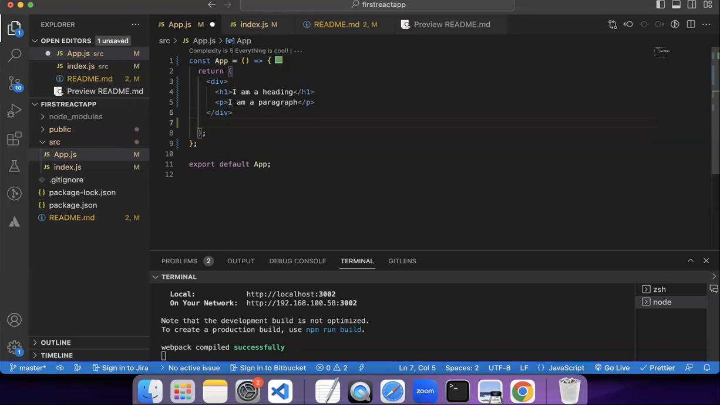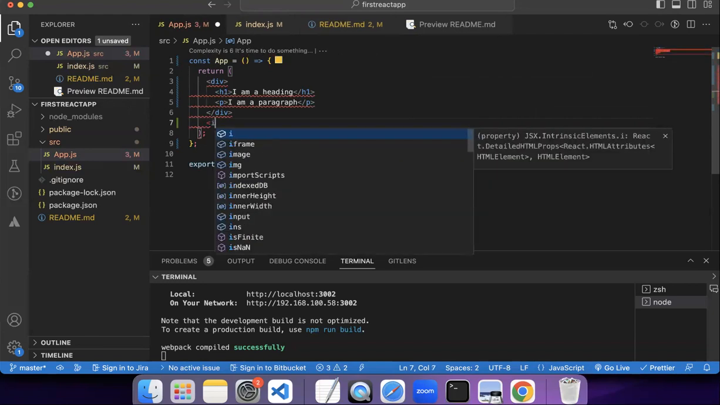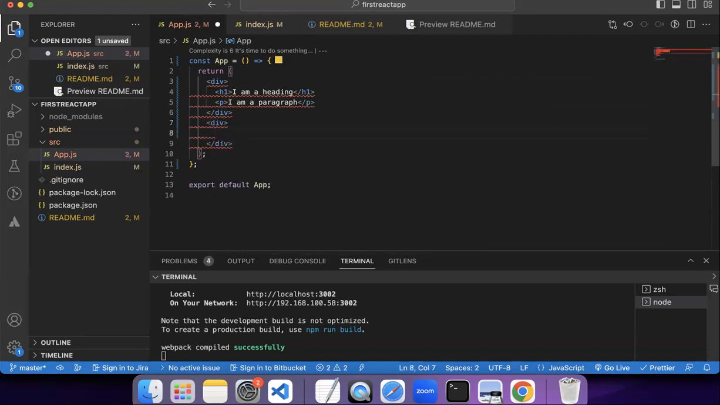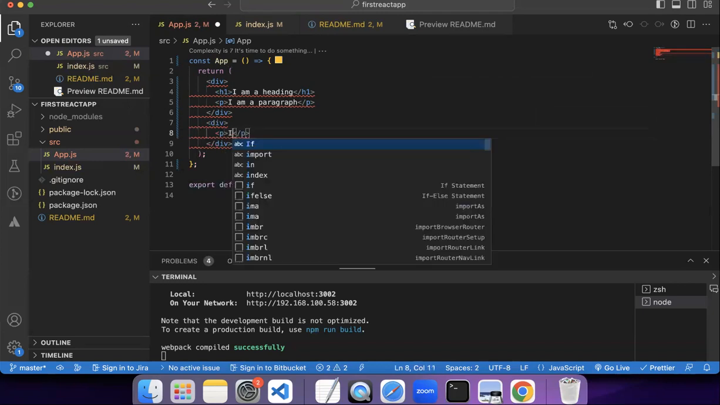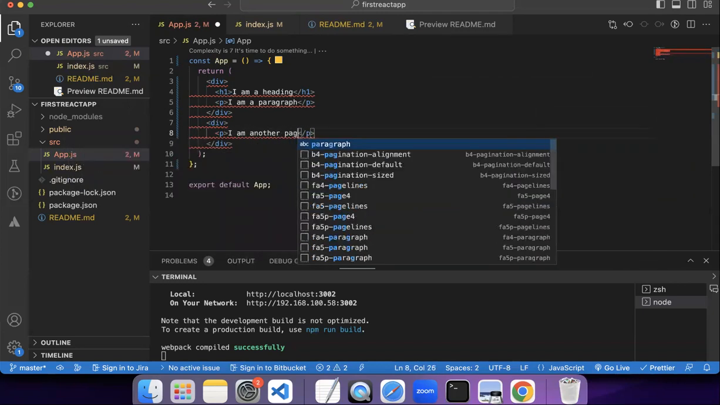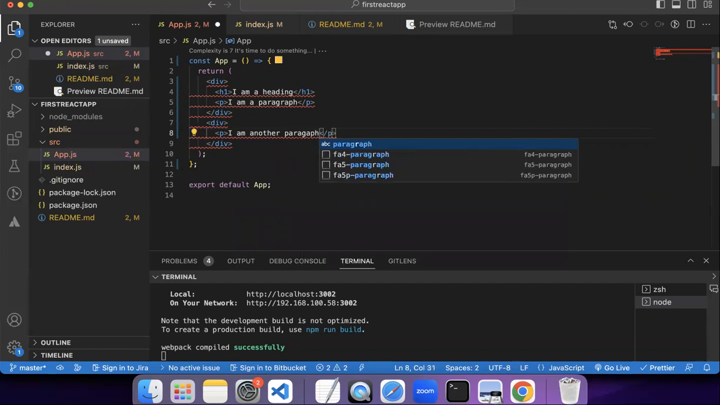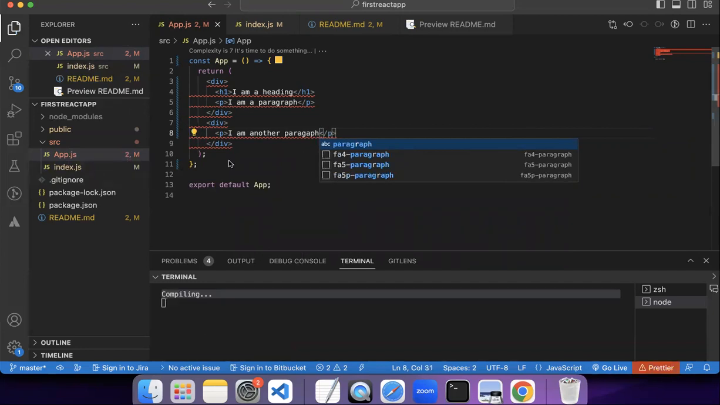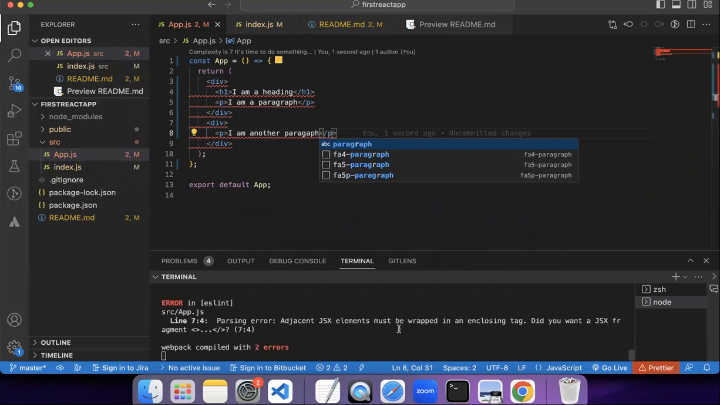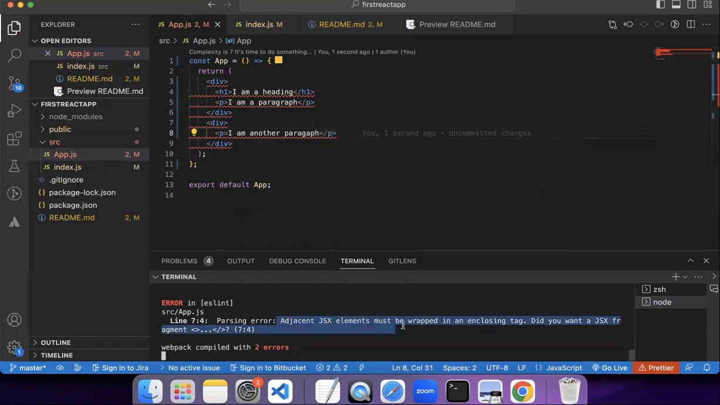Let's say you want to write something outside this div. So you write another div, and you write "I am another paragraph." It is giving you these red errors. This is a common error, and you have to read it: "Adjacent JSX elements must be wrapped in an enclosing tag." This error usually comes up, and this reddish syntax